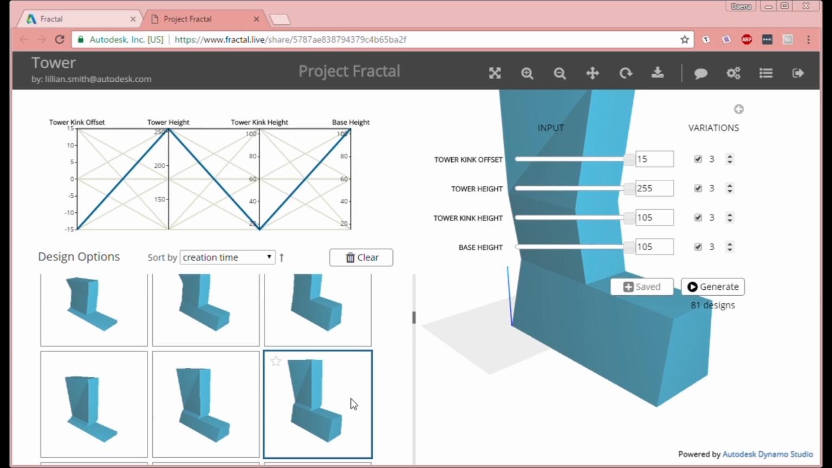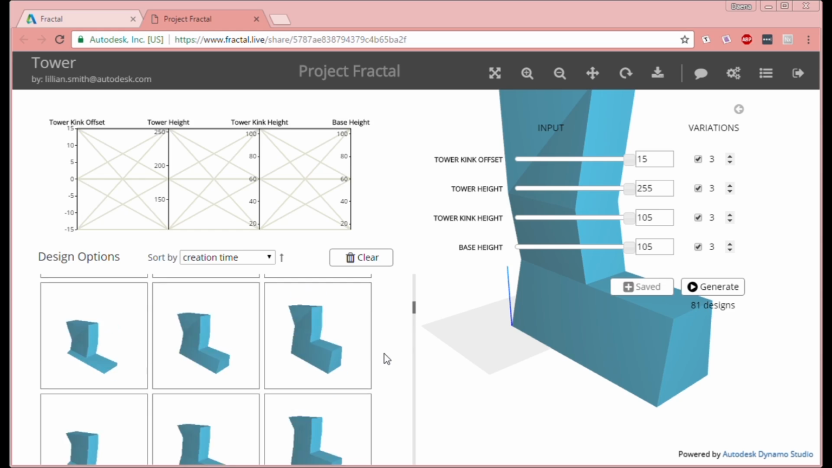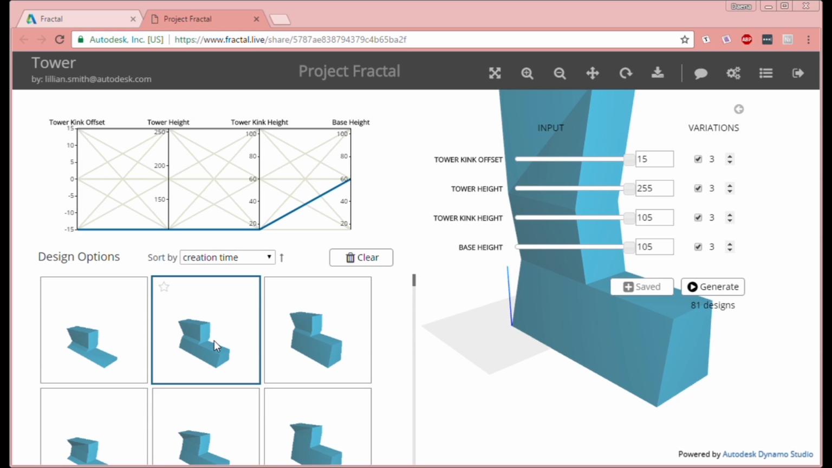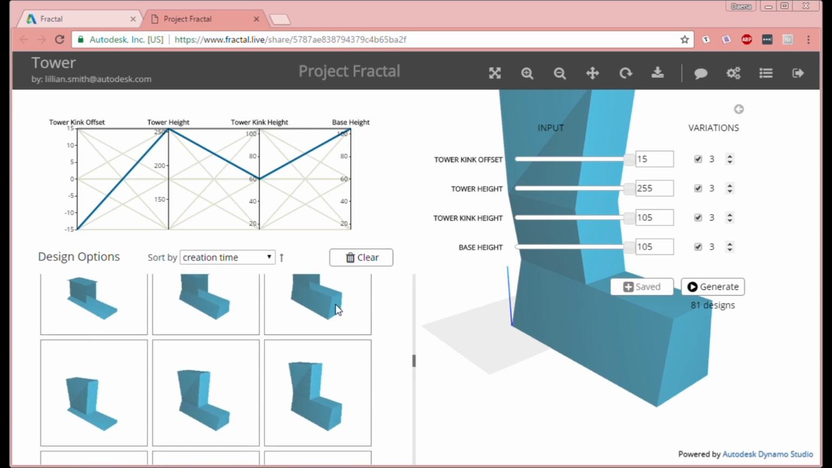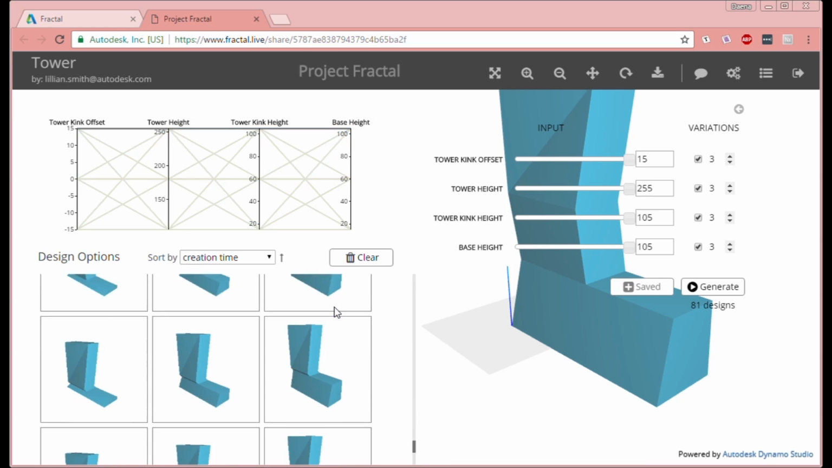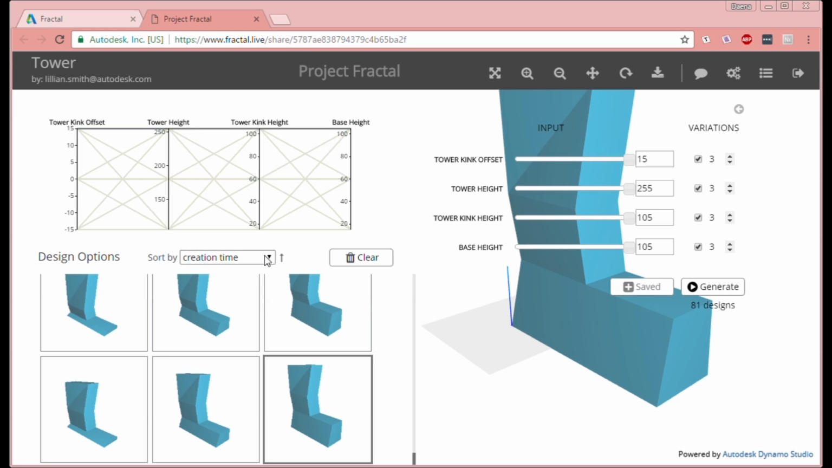All right, it's finished. It generated 81 designs for us. Looks much the same as it did before, but here we have the completed chart of all of the different possible iterations that Fractal came up with based on these 4 sliders. These can be sorted by creation time. If there is an error in the physical model, you can favorite different designs, or you can go based on